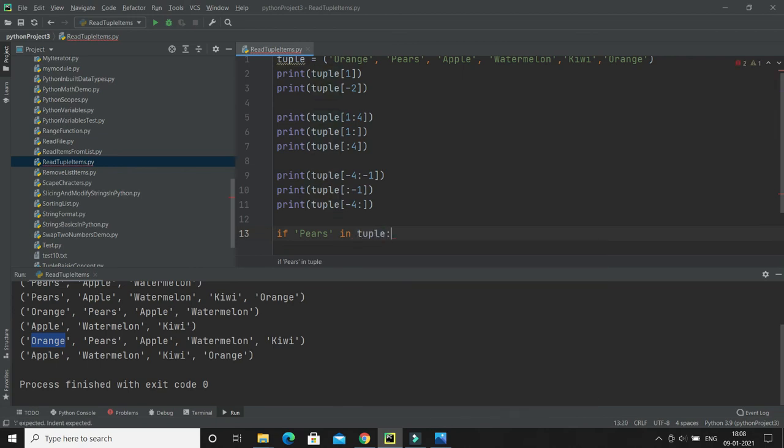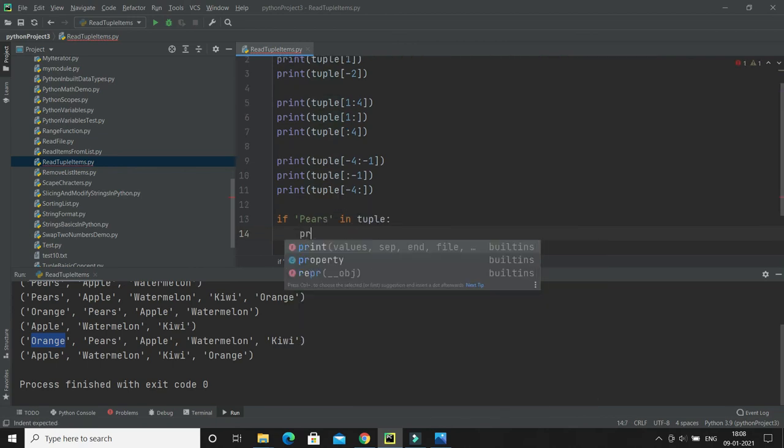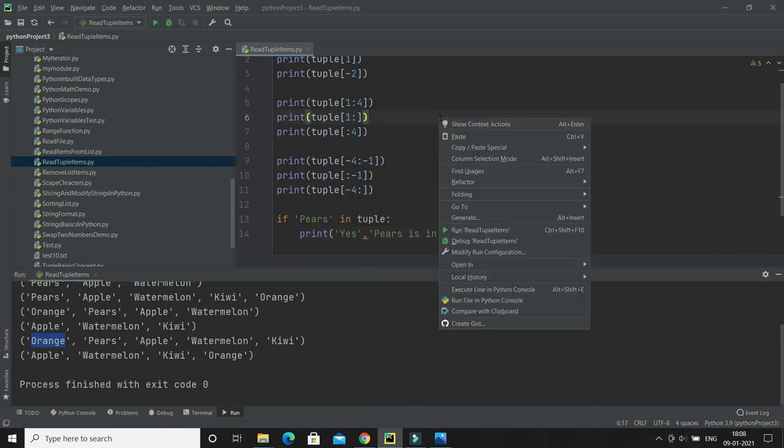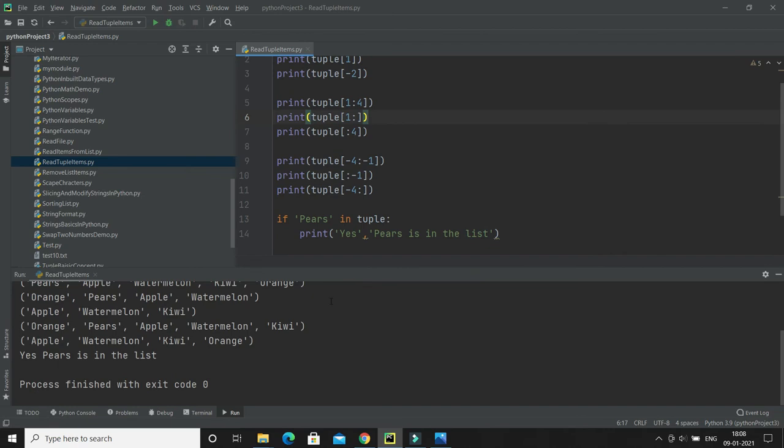If this condition becomes true, I would like to print a message something like this: yes, peers is in the list. If I run it, let's see what output I get. It is printing yes, peers in the list. And this comparison is case sensitive. You have to keep that in mind.